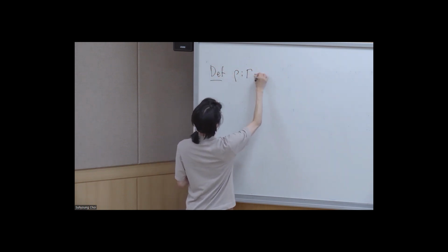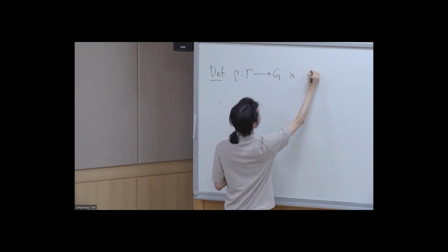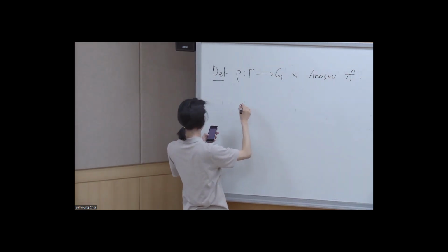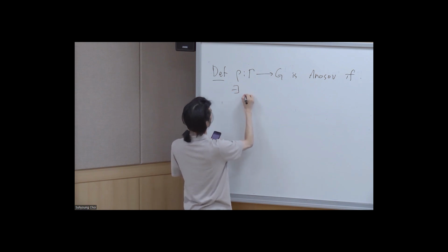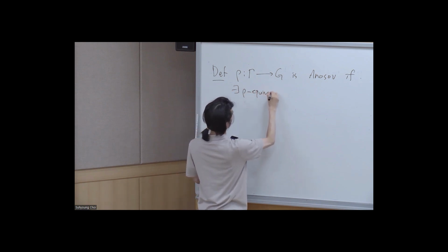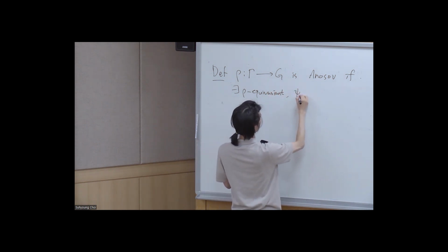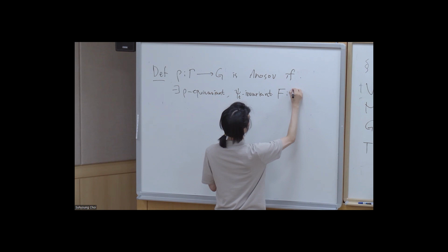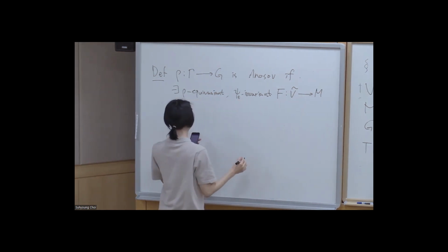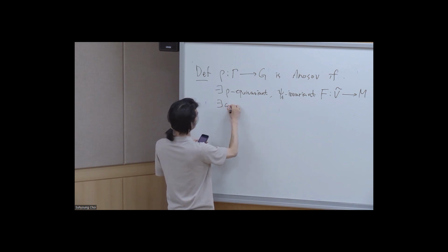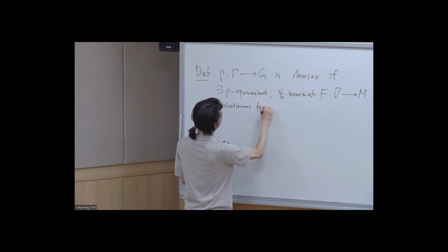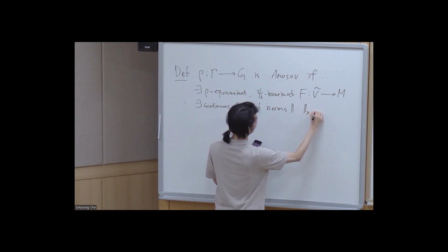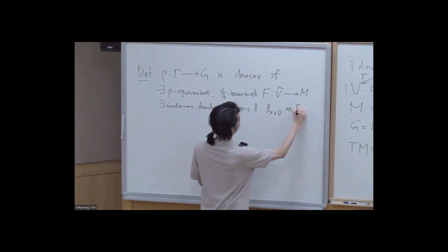a representation rho from Gamma to G is Anosov if there exists a rho-equivariant and flow-invariant map F from the normal covering to M, and there exists a continuous family of norms defined on the pullback bundle of TM,